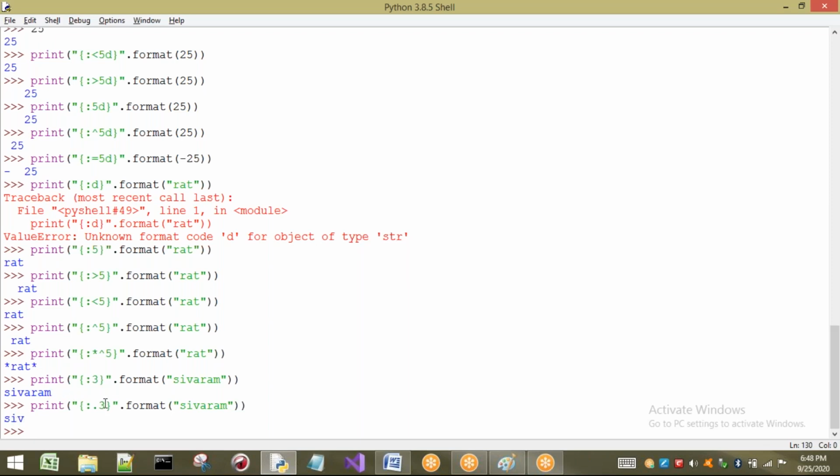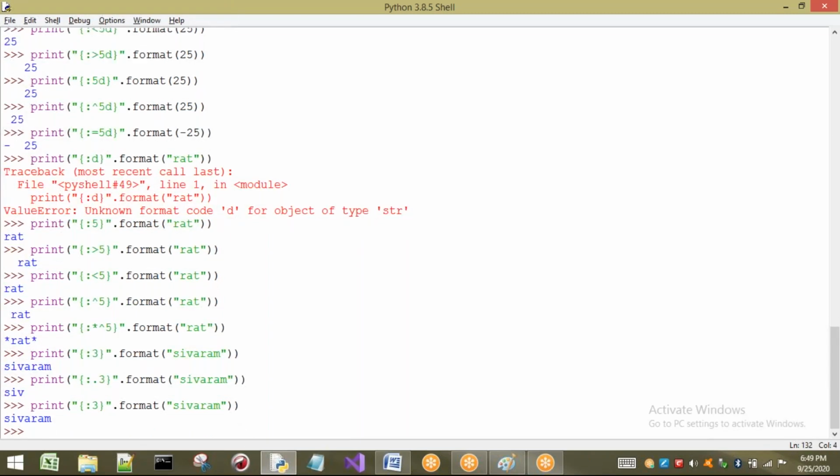Whenever you write some value after the dot, that exact number of characters is taken. Once again, here is there any dot? Not there. Then if I press enter, minimum 3 characters should be there. Maximum any number of values can be there.